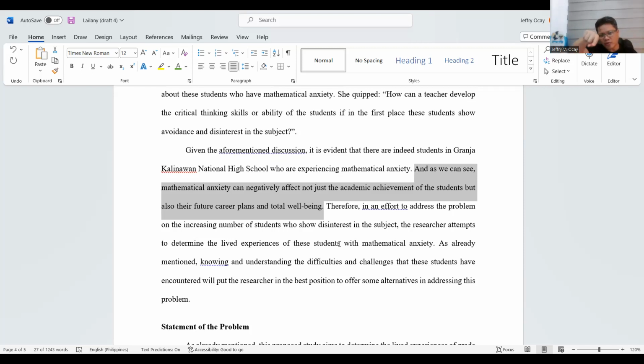And so even if you don't read the next sentence, you know that, look, this study is important. Knowing the lived experiences of these students is important, because once we know the difficulties and challenges, for example, if it's going to be lived experiences, most of the time it's going to be difficulties and challenges. But not all the time, of course, because when I say lived experiences, we can also talk about happy moments, like lived experiences of